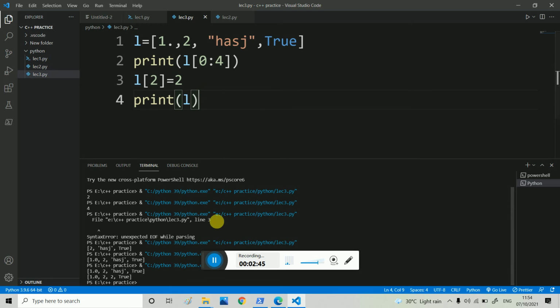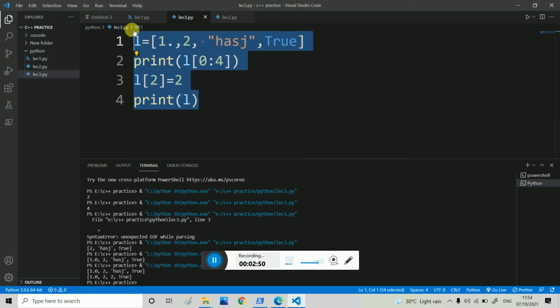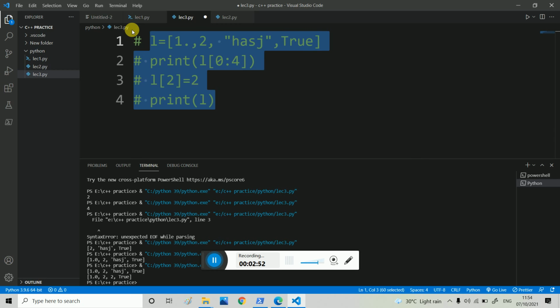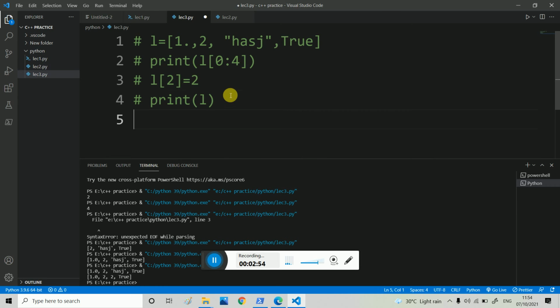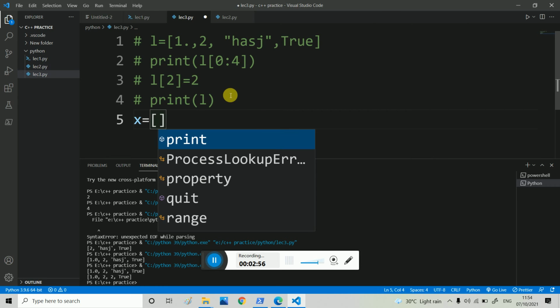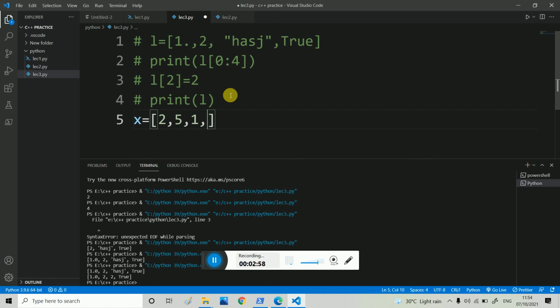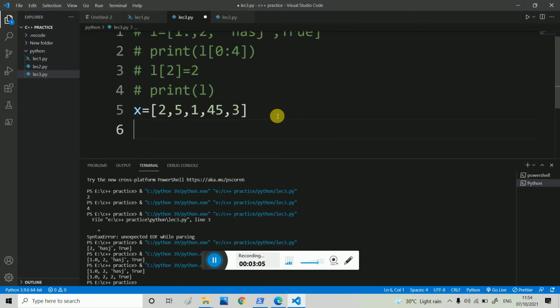I comment this with control slash, and here I write a new list, that is x is equal to 2 comma 5 comma 1 comma 45 comma 3. I want to sort the list.